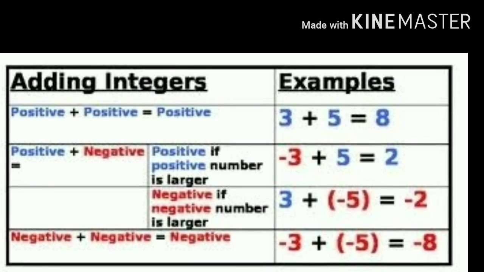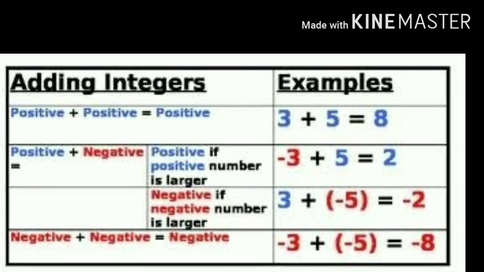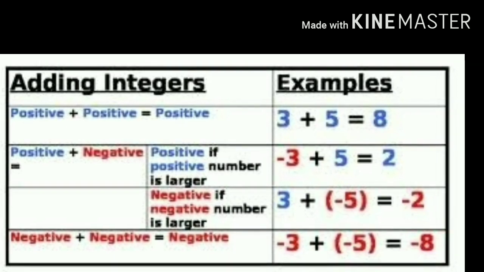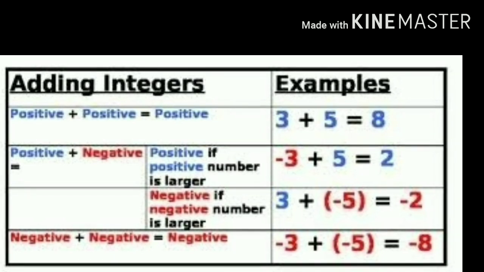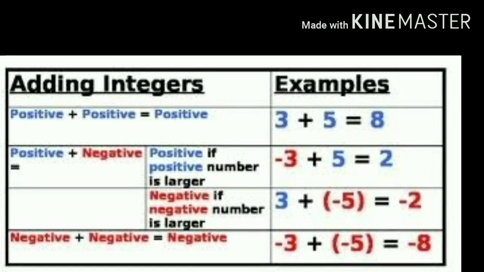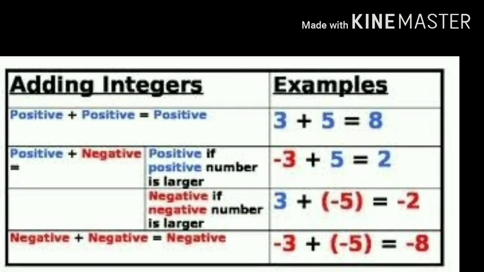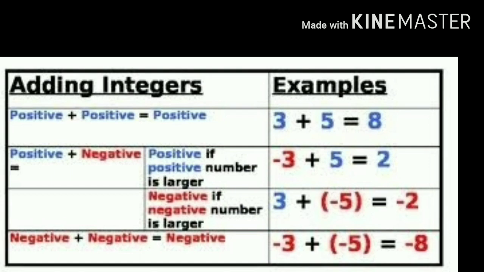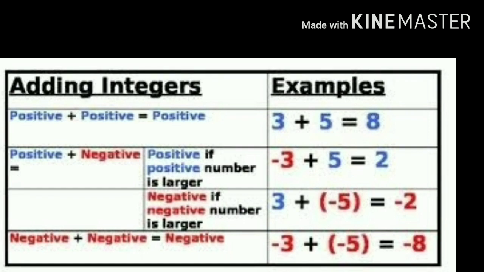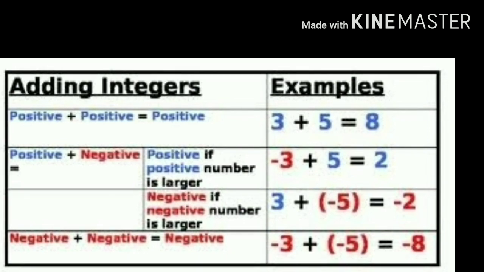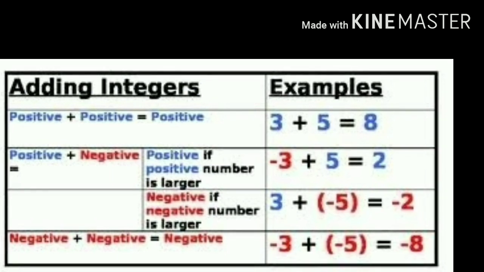the integer. Like we can see here, 3 plus 5, when you add we get 8 because they are two positive integers. In the second example, we have plus 5 and minus 3. Plus 5 absolute value is greater, so we get plus 2. In the third example, you can see it is 3 plus of minus 2. Here the absolute value of 5 is greater, it is having a negative sign. So we get 3 plus of minus 5 as minus 2.